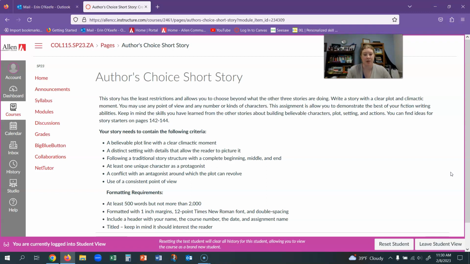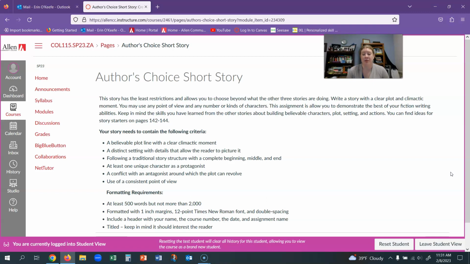So I created this assignment to allow for some variety, in case you have some idea in your head that you want to work on. We just need all of the elements of the story. You're basically demonstrating to me that you have learned all of the aspects of writing fiction. So obviously you'll have a clear plot line with the point of view and characters and the showing rather than the telling and that kind of thing.